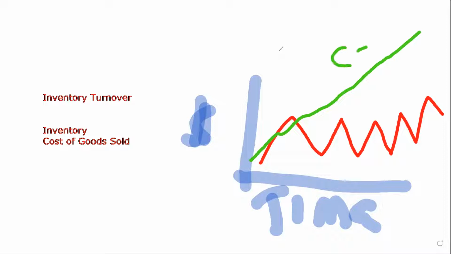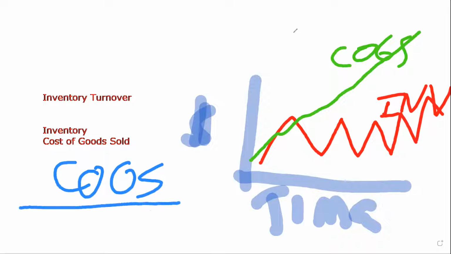So which is a bigger number, cost of goods sold or inventory? Well, it doesn't take a lot of reading a graph to understand that. Cost of goods sold sounds like the bigger number. So I'm going to put cost of goods sold in the numerator. And that cost of goods sold is a telltale sign of what we're trying to analyze. And the catch here is I can't just put inventory. I'm going to have to put average inventory into my denominator.